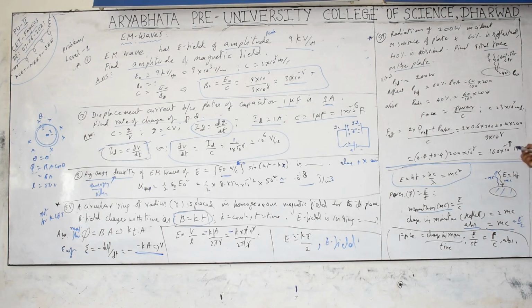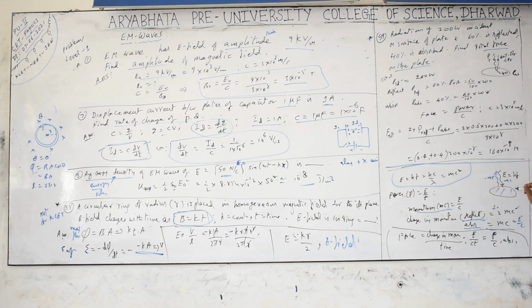So what is the momentum imparted to the plate? Plus, you have to take it. Action and reaction terms you need to consider. So the total momentum for the reflected light becomes 2mc. This is the case of the perpendicular direction, when light is falling normally and going back. We are discussing here only normal incidence. If it is inclined, I will discuss it again.